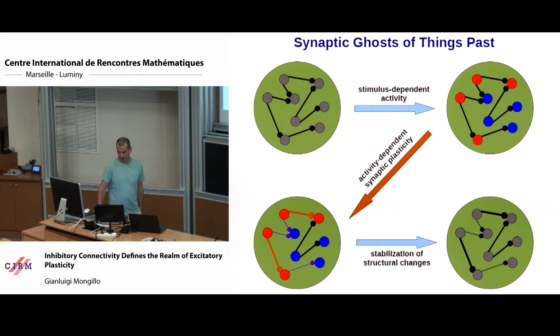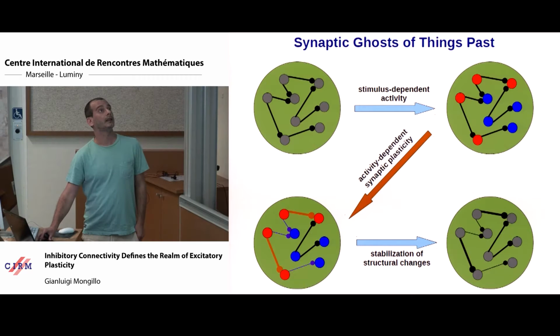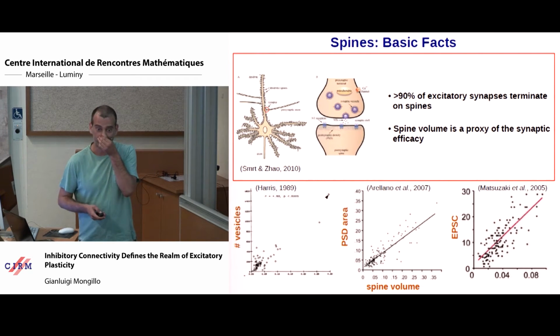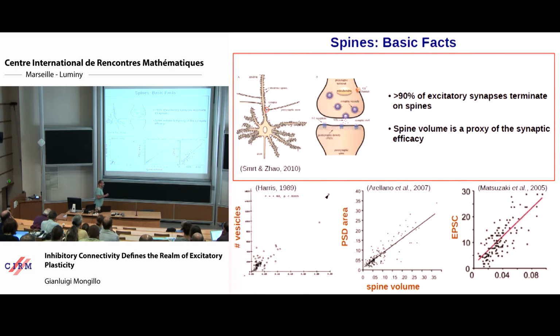Now, as I said at the beginning, until very recently, even if we had a lot of logical and circumstantial evidence, so for instance, we know that synapses can be modified and this modification can persist for quite long times, at least if the synapses are in a slice and there is no activity. But recently we can actually observe, at least partly, the synaptic dynamics, and this is due to the fact that basically